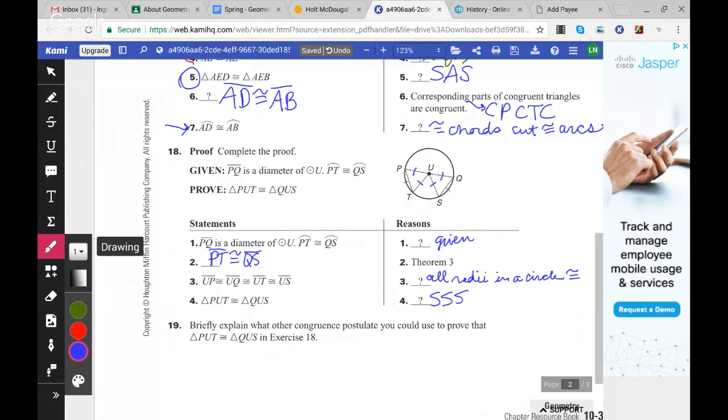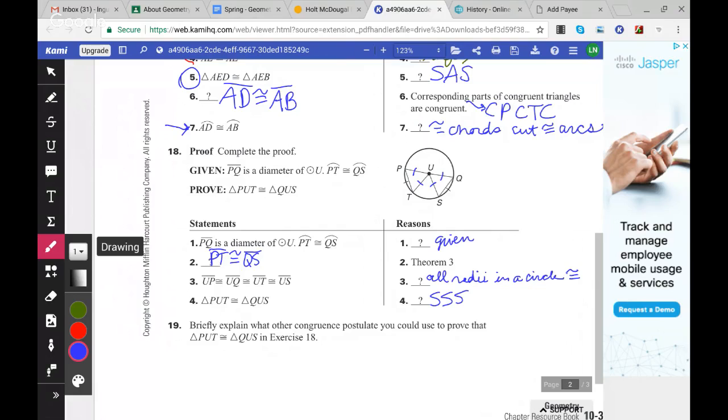I don't know what that one would be. Let's see. Briefly explain what other congruence possibly could be used to show that DT is congruent to QUS. Okay, this one, all the other ones besides side have to do with angles. So in those two triangles, you could know about the angles back from, I want to say section 10.2, where